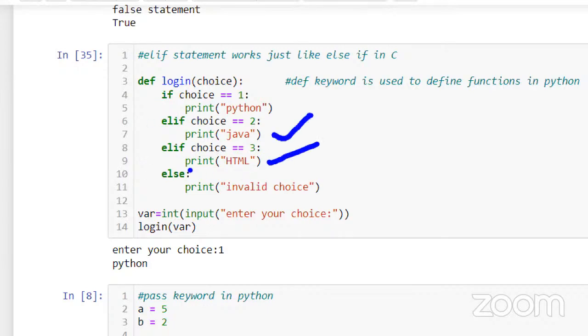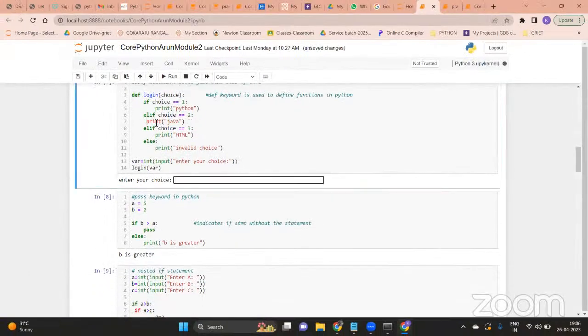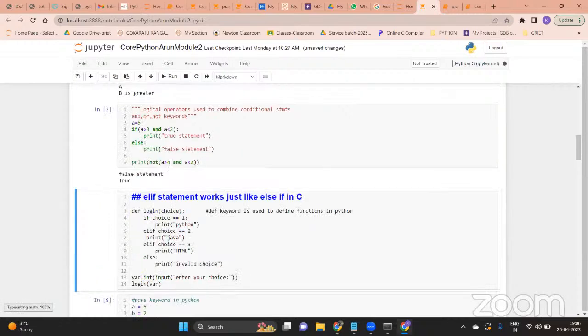So what you are observing here is that the indentation has to be consistent. As I already explained, indentation has to be consistent. Will it work? Suppose I change here, suppose I enter choice 2,